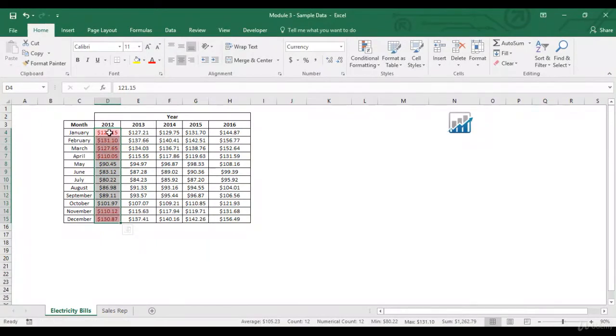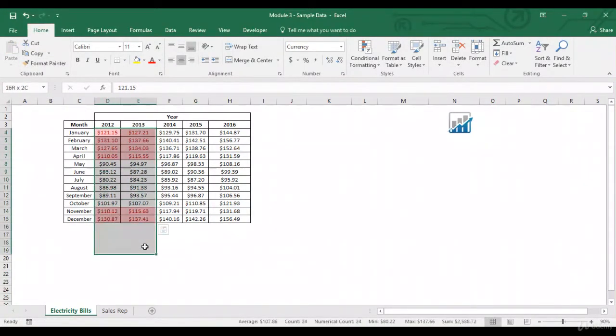So now very easily I can see all those months where the value is greater than 110. Similarly, if I want to replicate the same format over here for 2013, all I need to do is select these cells, go to format painter, and the conditional formatting gets copied.